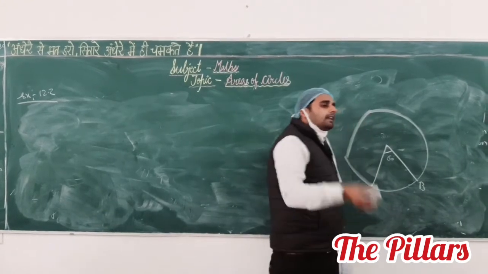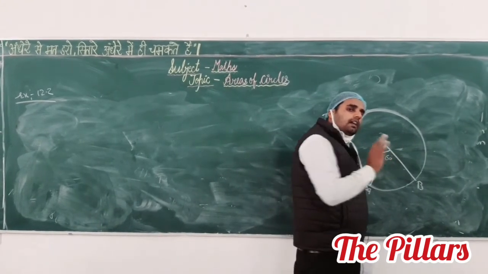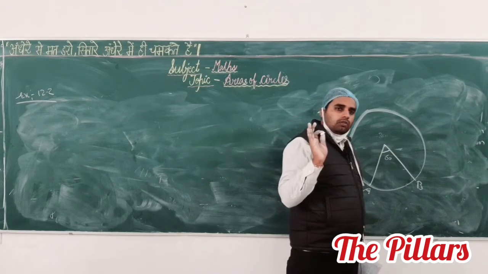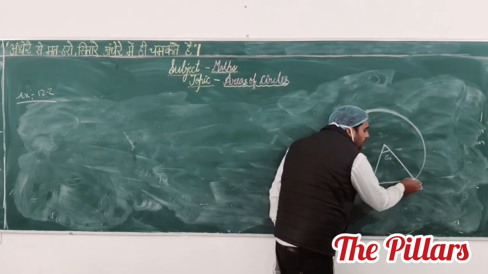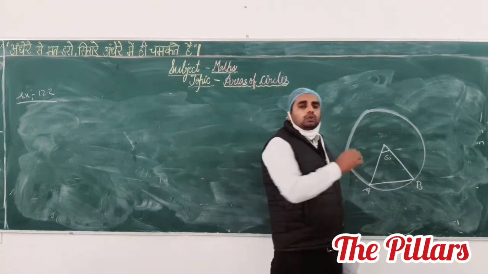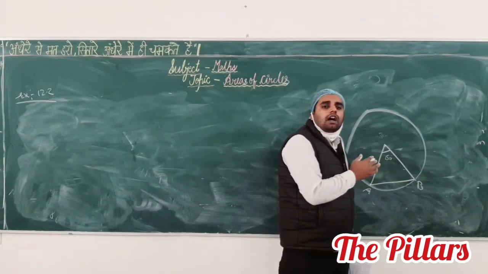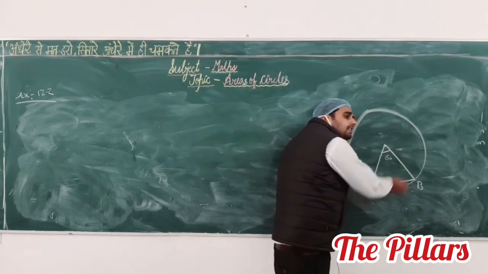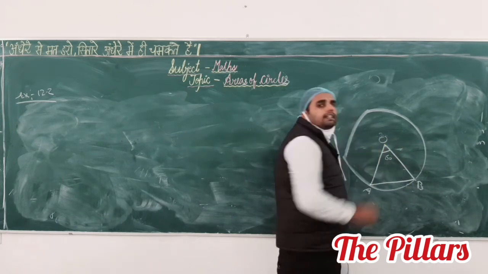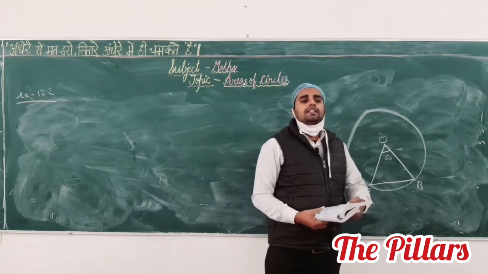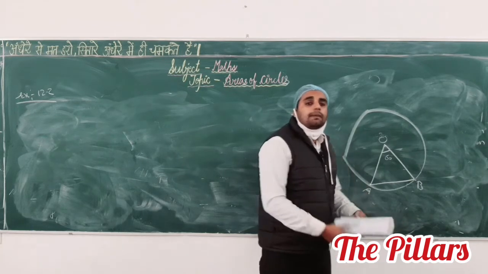If the angle is greater than 180 degrees, then it is a major arc. Till here it is okay. After that, if you join by any chord AB, it means AB is a chord. But this total area is a sector area. Suppose this is O. OAB is the total sector area. OAB is the sector.